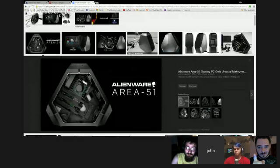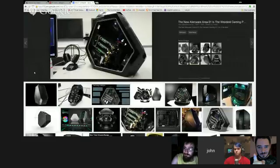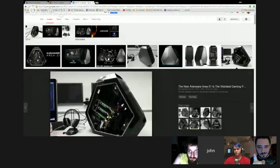What would you guys say about the case standards and how the case was actually designed for it? Do you think it was built correctly? I don't like it. I hate it. Why would you say that you hate it? For one, I would like to know what airflow is like in that damn thing. It's a really compact little box, and trying to work in that is going to be a pain in the ass. I've heard stuff's pretty good about it, but at the same time, I don't like the